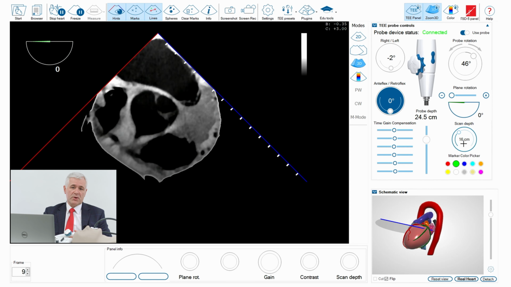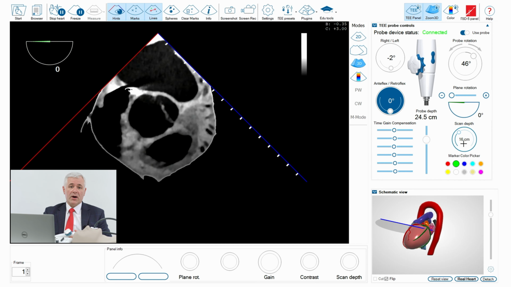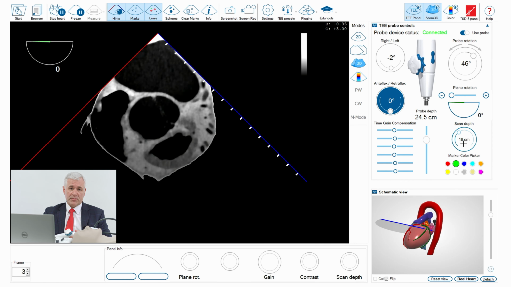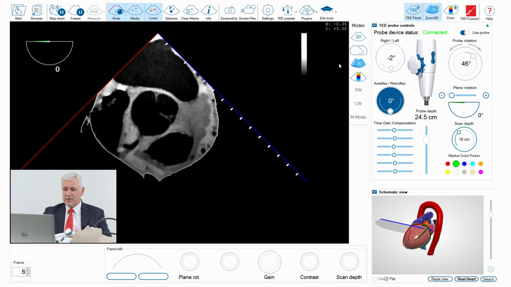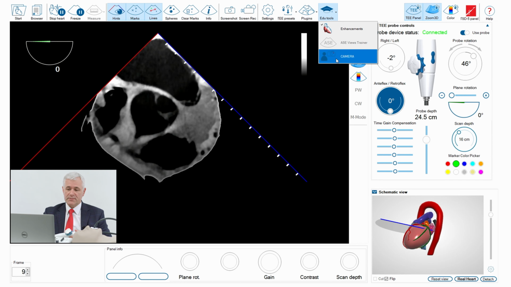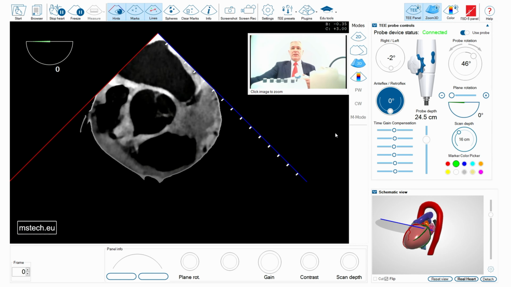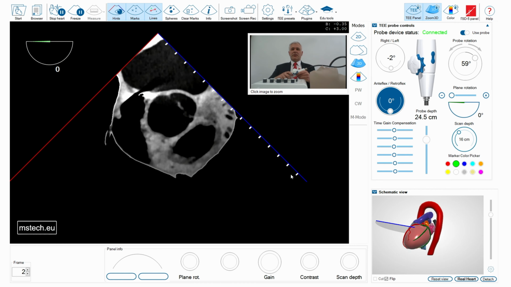Remote teaching is more and more important and also a very effective way of overcoming the problems of the COVID epidemic. MSD prepared specific software to enable remote teaching using the simulator. So now I'm activating the camera, which is located in the laptop provided with the simulator, and you can see